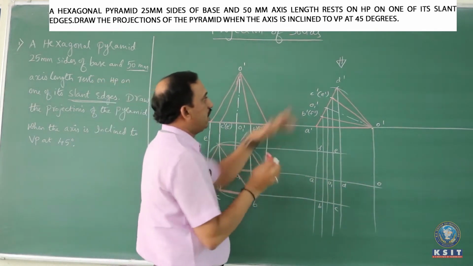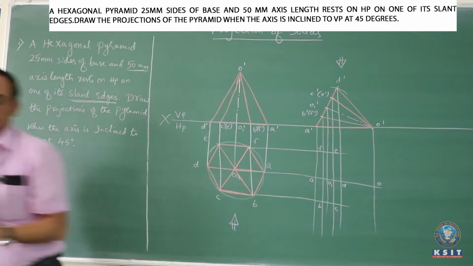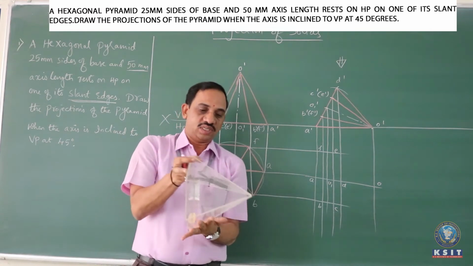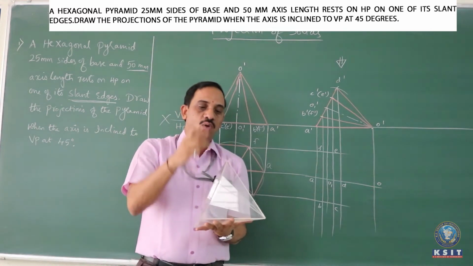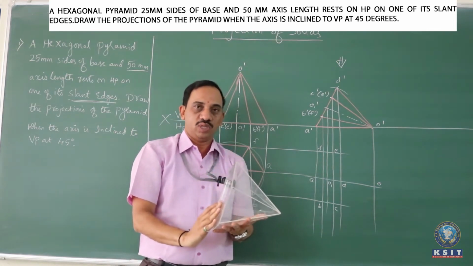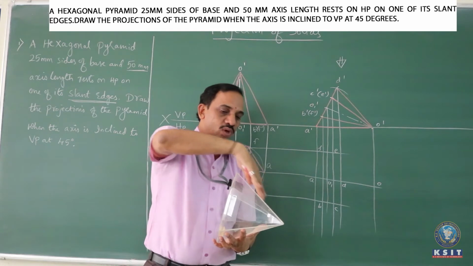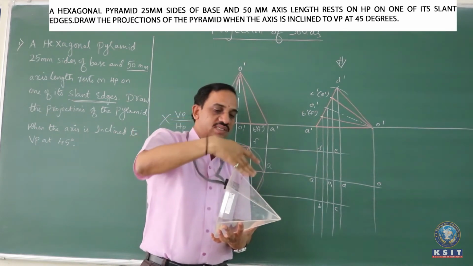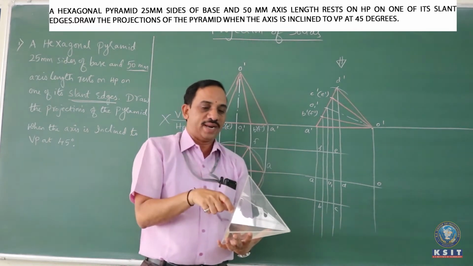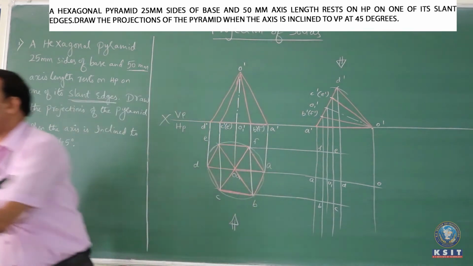So for this, when the observer sees from the top, this is the first position, this is the second position. For this tilted position, when the observer sees from the top, this complete base face is visible to the observer. Later on, this is one of the slant edges which is completely visible. For this slant edge, on either side, we're going to have 2 triangular faces visible. So 2 triangular faces and 1 hexagonal face are completely visible to the observer when he sees from the top. So we're going to trace it over here.